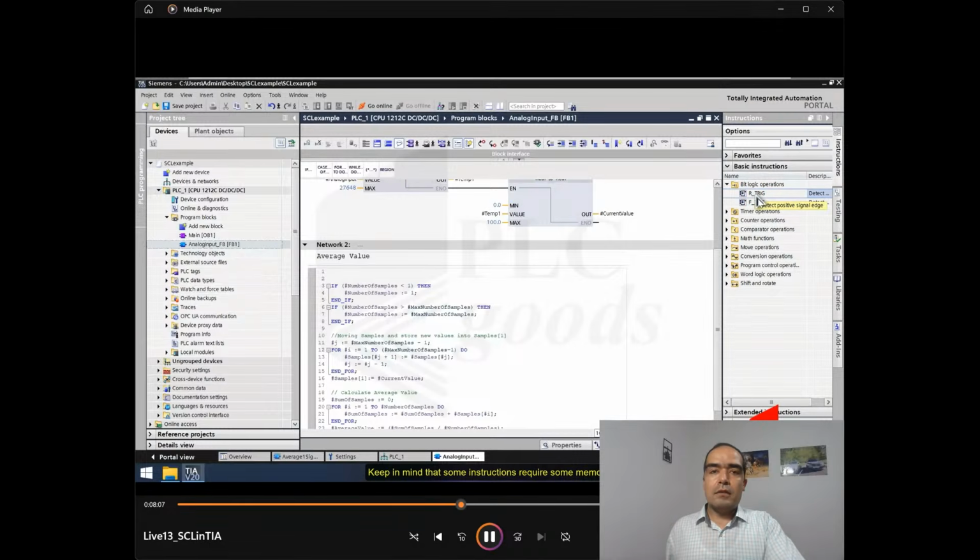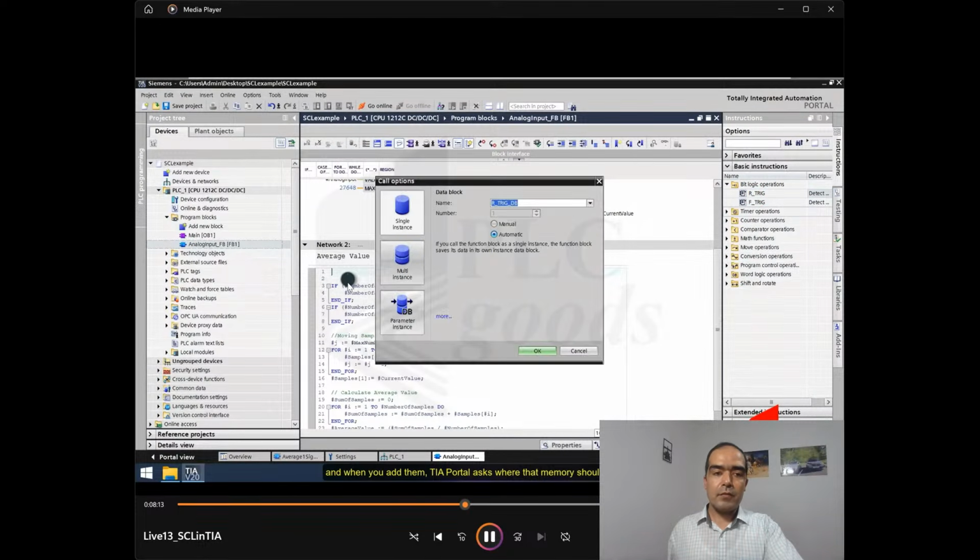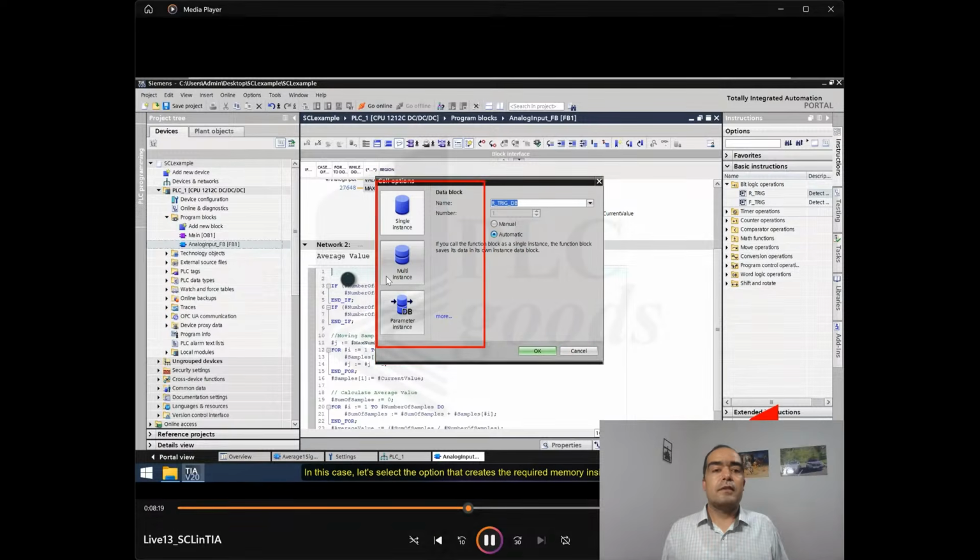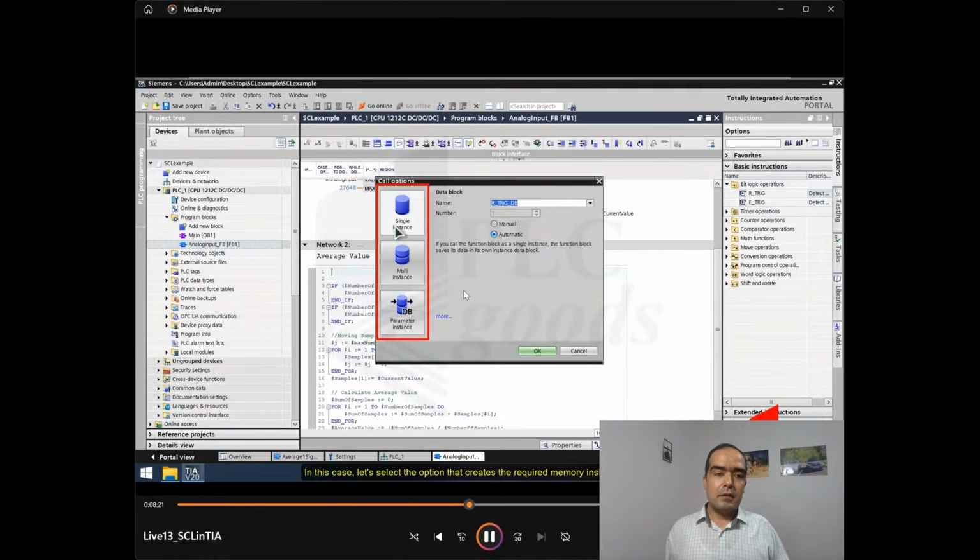In consequence, I use a rising edge instruction. This instruction detects a rising edge for its input, and for this instruction, we need to determine